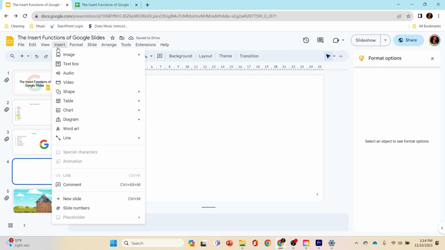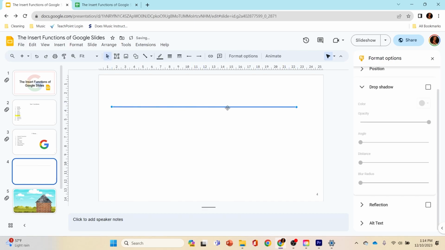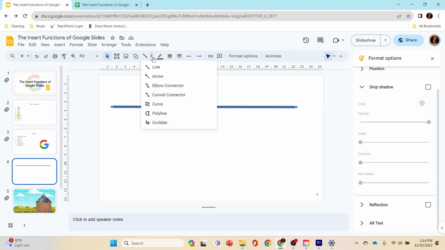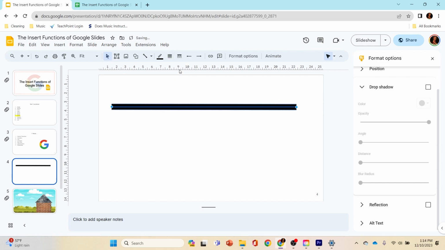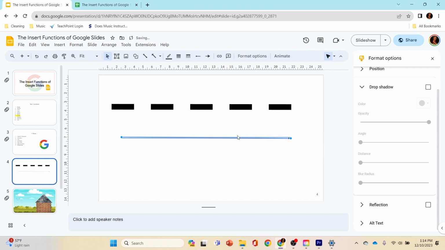Alright, the next function are lines. Lines, we've kind of looked at straight lines already, where when you grab them, you can change their weights and color and border. So I'm going to turn it black. I'm going to make it really thick. And then I'm going to change it to dash. So there's a bunch of different ways you can mess with these lines. You can turn it into an arrow. When you're using this arrow, this particular one,